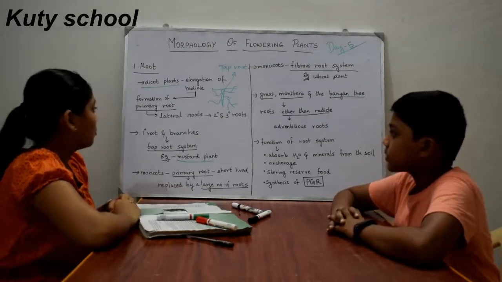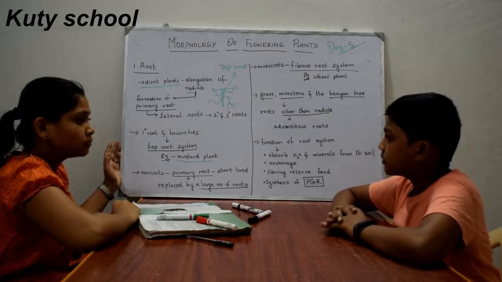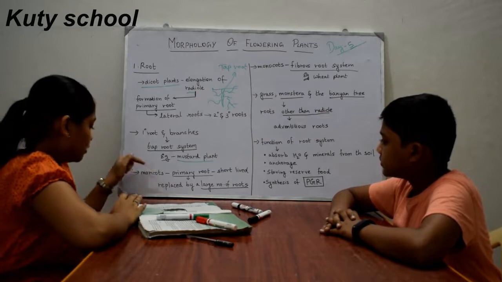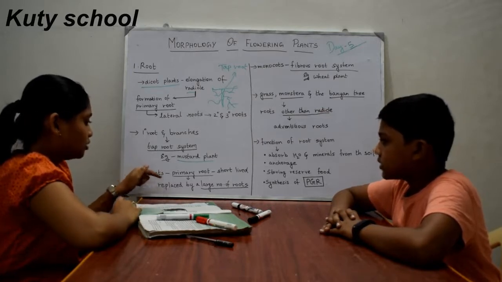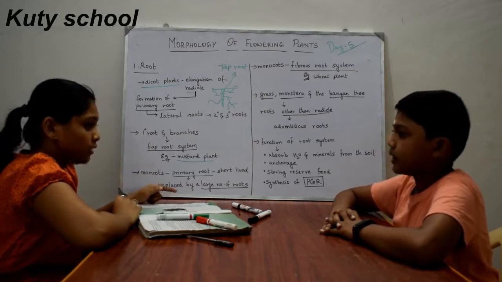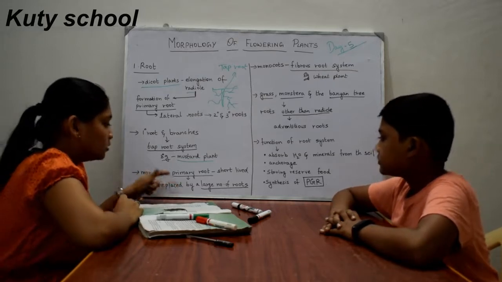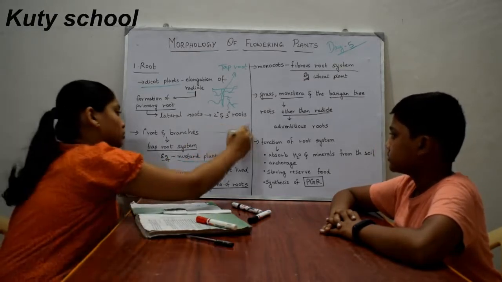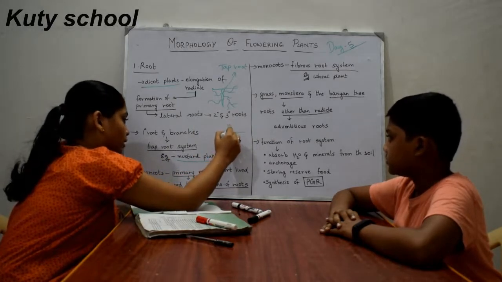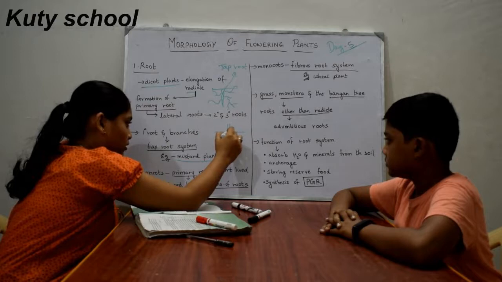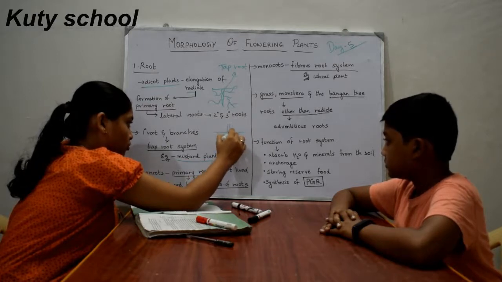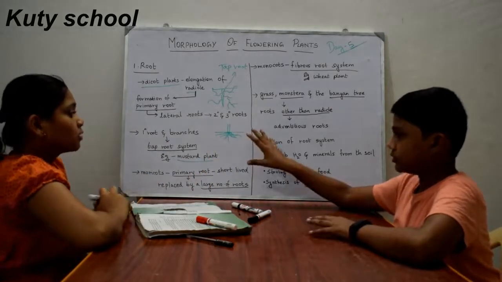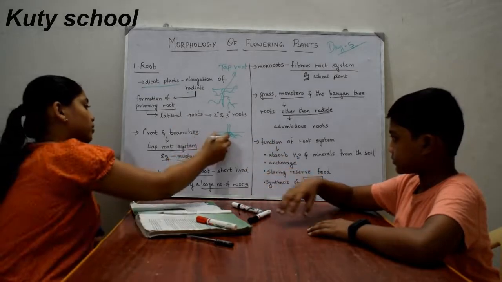So far we have seen the root system in dicot plants. Now we will see the root system in monocot plants. In monocot plants, the primary root is developed, and this root is short-lived, with a very small lifespan. This primary root is replaced by a large number of roots, a bunch of roots, forming at the same point, which is the base of the monocot plant. Lateral roots also develop from these roots.